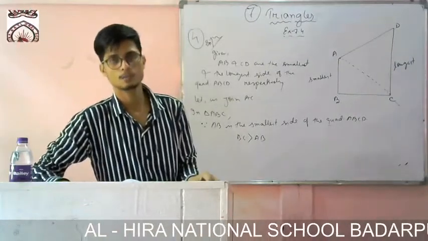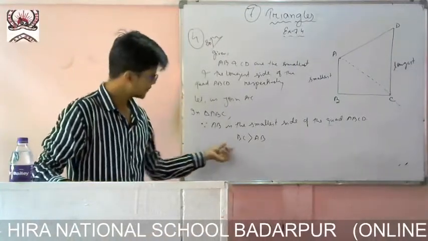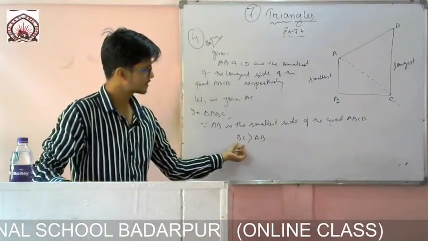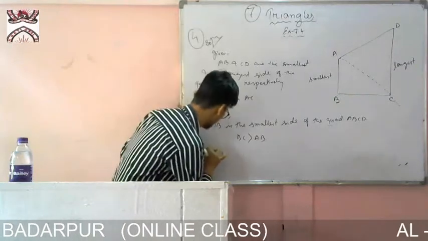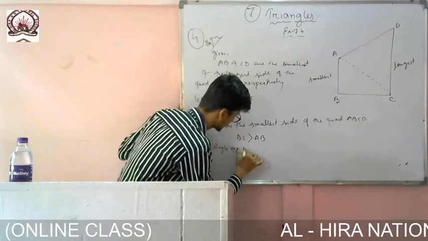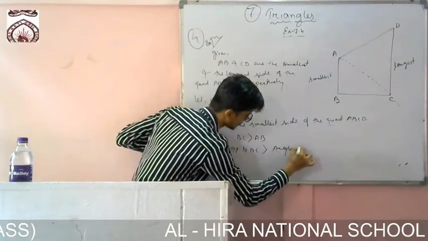So if BC is greater than AB, then the angle opposite to BC will be greater. So I can write: angle opposite to BC is greater than angle opposite to